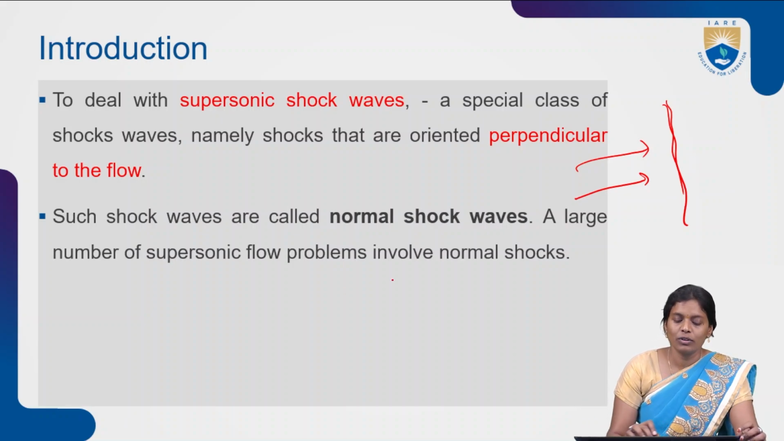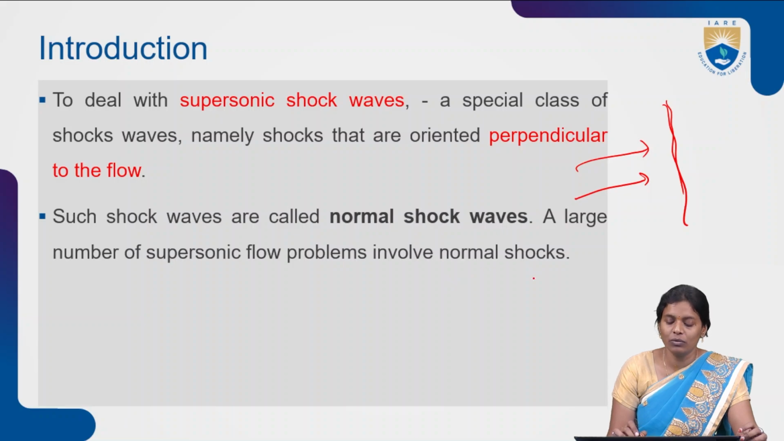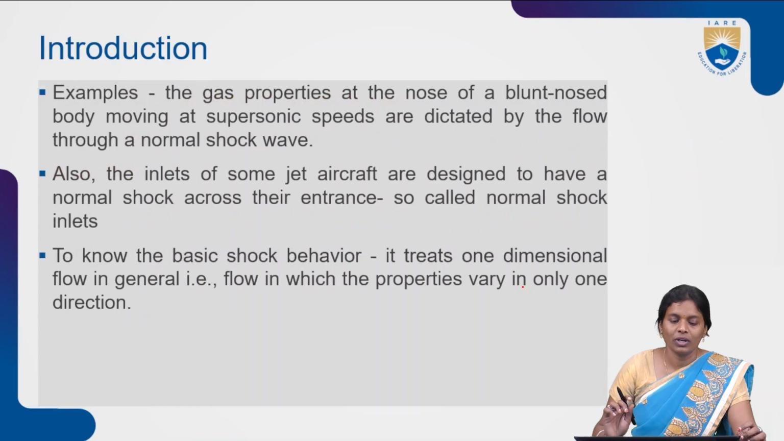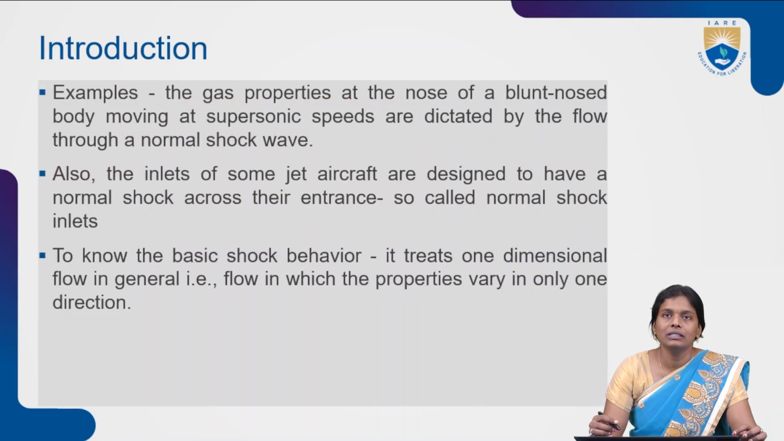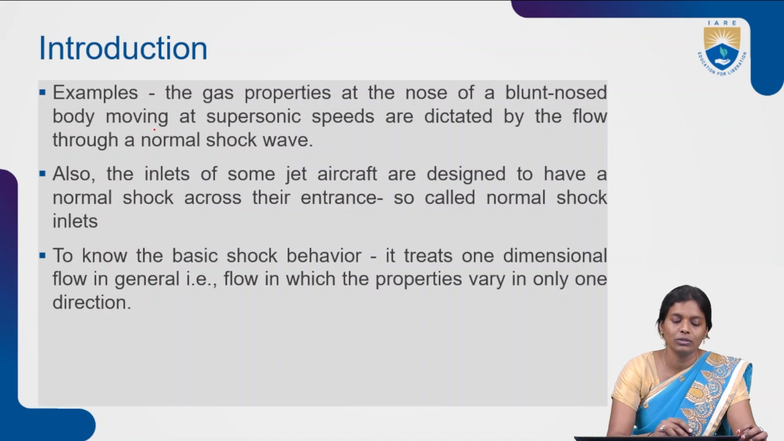A large number of supersonic flow problems involve normal shock waves. In most supersonic flow problems, we will see the presence of normal shock waves inside the flow, right? Where do we see them? These are examples: the gas properties at the nose of a blunt-nose body moving at supersonic speeds are dictated by the flow through a normal shock. So if you take the blunt-nose body,